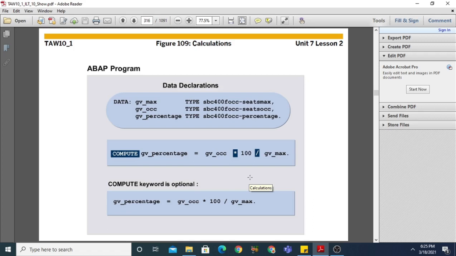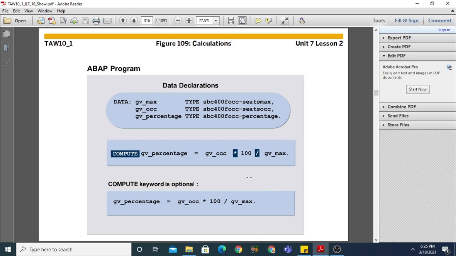Apart from that we have 3 more operations for calculation: exponential, division without remainder, that is called div, and mod, that is the remainder after integral division.